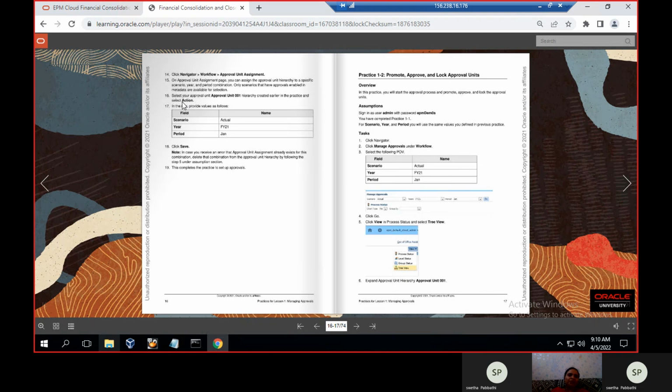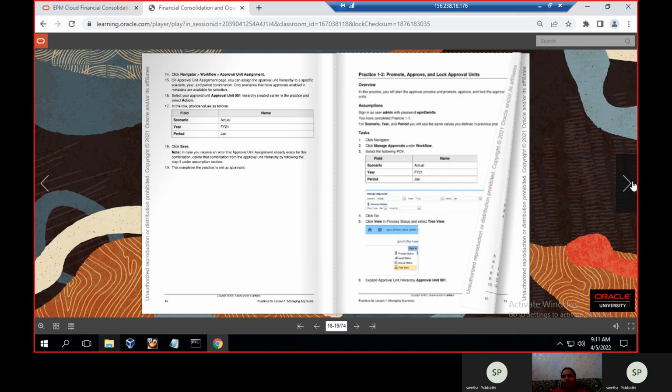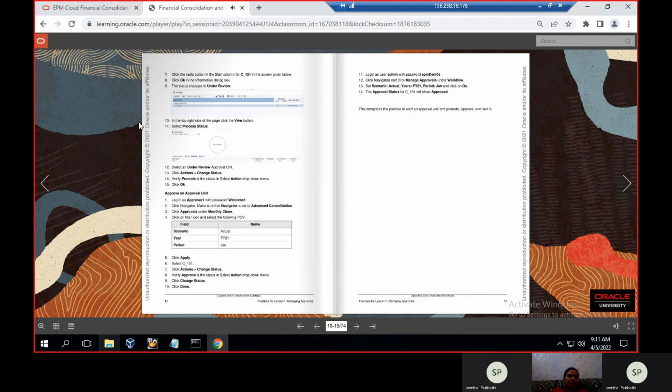Go to the approval unit assignment. There we can give the mandatory data. After that, click on save, and then come to the practice 1 dash to promote, approve, and lock the approval units assumptions like a task. Click on manage approval under the workflow and give the POV, and click go. Click view the process status, preview, view the process status, and then